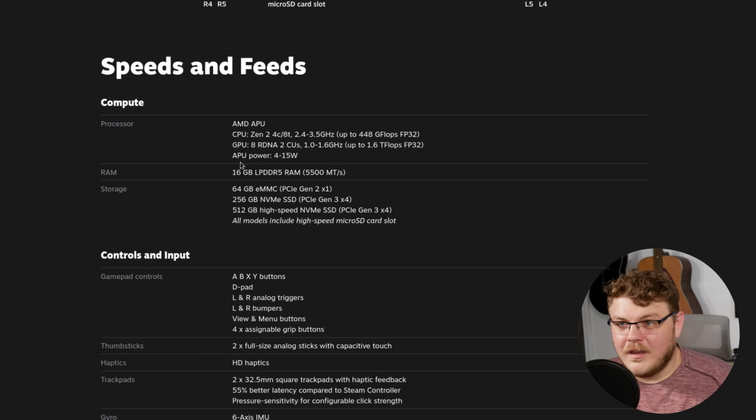That is impressive. And the APU uses about 4 to 15 watts of power. 16 gigabytes of DDR5, which is awesome. Optional 64, 256, or 512 gigabytes of high-speed PCIe NVMe. Although the 64 looks like it's eMMC PCI Gen 2 by 1. And the higher tier models are NVMe PCI Gen 3, 4. Okay, that makes a lot of sense. Higher models cost more, and you get the better speed from the